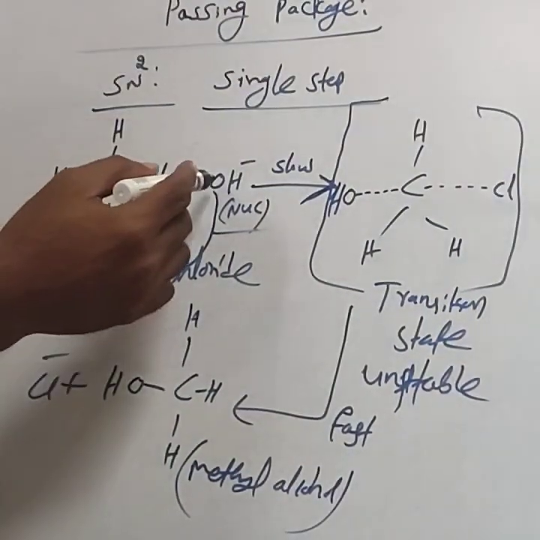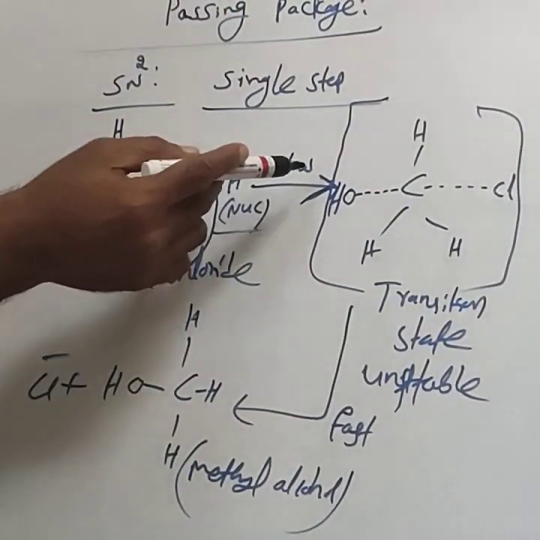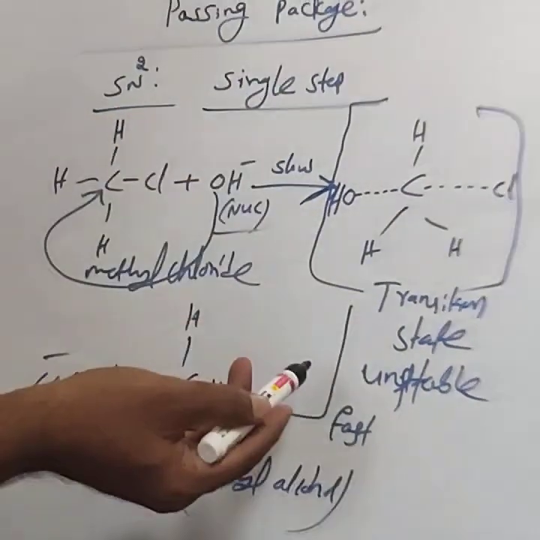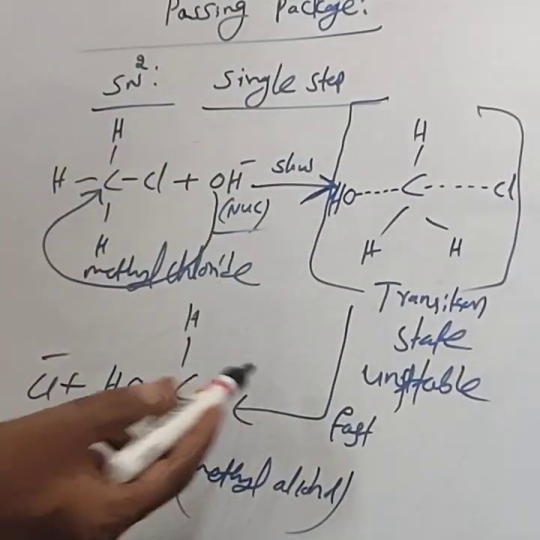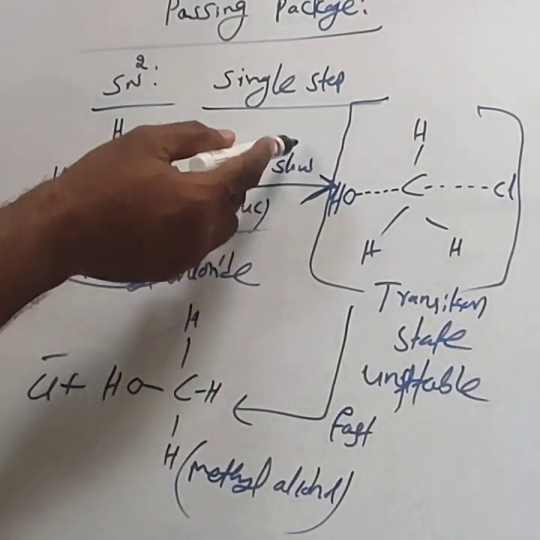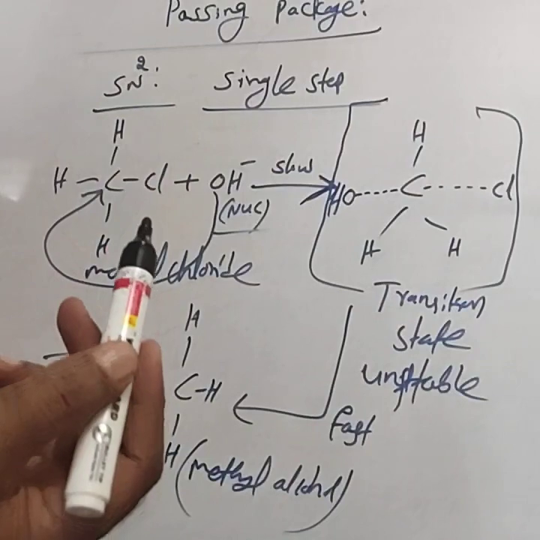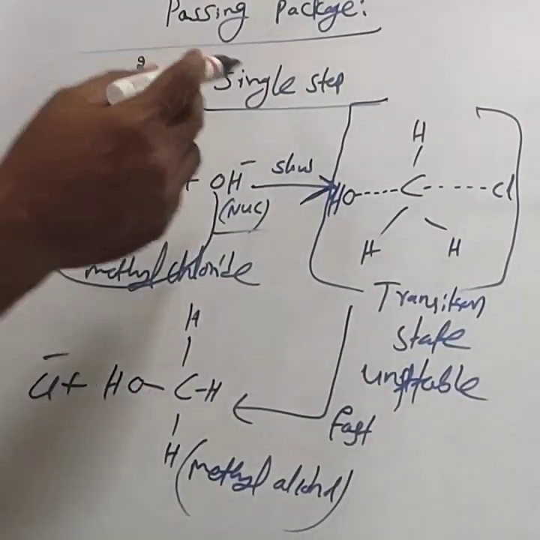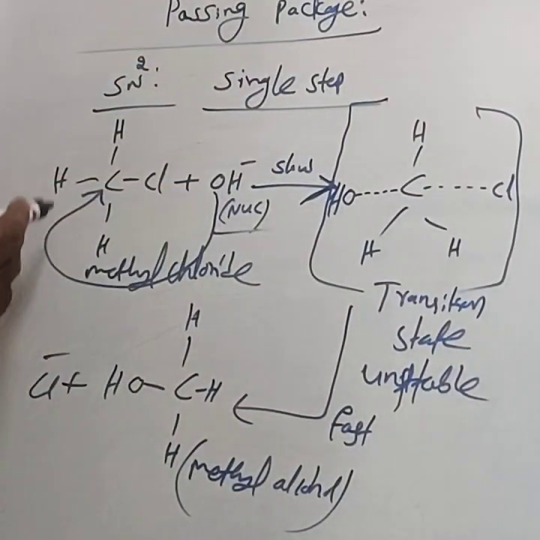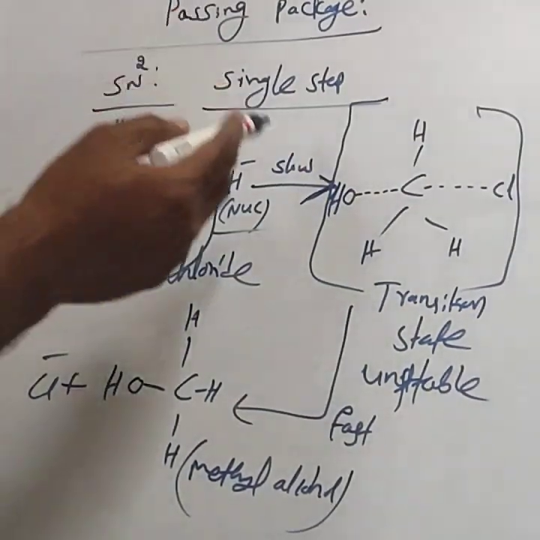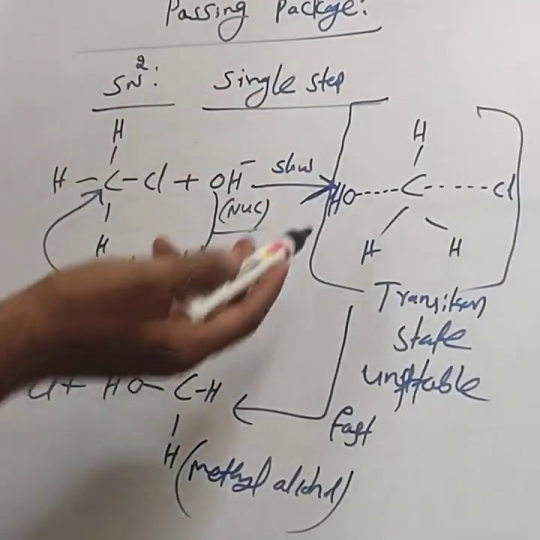You have to follow the arrow marks and the reversible symbols, whether the reaction is reversible or occurs in one direction. That is also very important. If you do not consider the proper direction, then you will not get the marks. Hence, you must follow the arrow marks, charges and the direction, whether it is a single direction or a reversible direction.